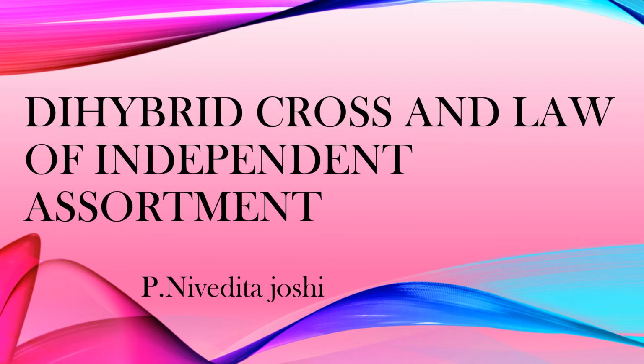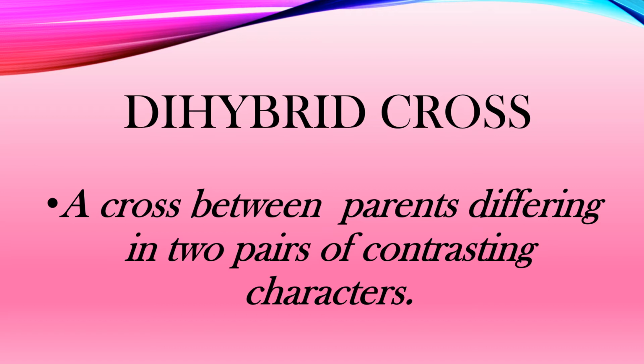So first we will understand what is dihybrid cross. The word itself is giving the meaning. Di means two. At a time we will consider two characters. Like in the monohybrid cross, we have considered only one character. In the previous video you have gone through the example, where Mendel has taken one tall plant and the other a dwarf plant, so height was the character over there. So in the dihybrid cross we will study two characters.